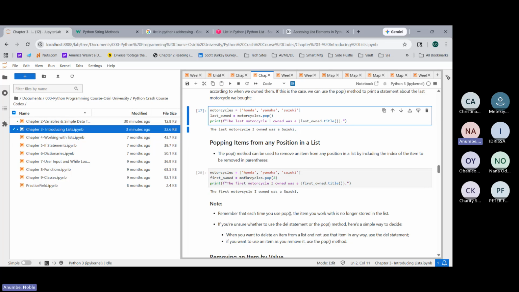So motorcycle is Honda, Yamaha, Suzuki, right? So my first owned vehicle is equals to, and I say motorcycle.pop(2). Why did I use two? Where did I get these two from? It's 0, 1, 2. That's why. If I was targeting Yamaha, right,